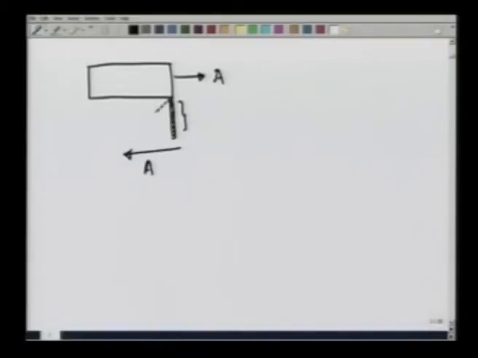By the time the door has swung by an angle theta, its center of mass has come down by this much distance here, and that distance that it has traveled along the direction of minus a is nothing but w over 2 sine of theta,